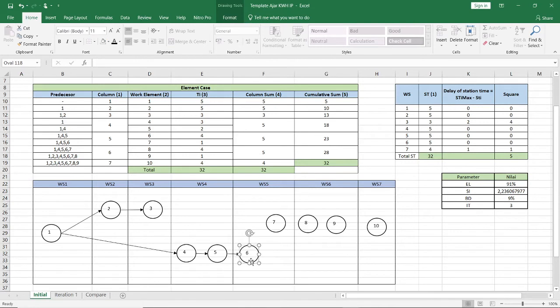We can arrange it later. And then the 7th is still the same, continuing from the 6th work element like this. And then the 8th continues from the 7th work element. I'm sorry, it will be like this.